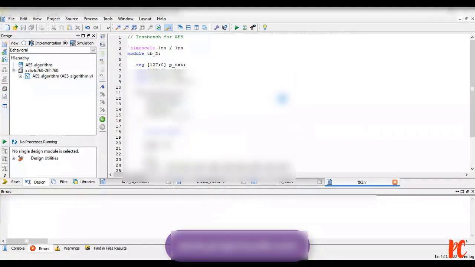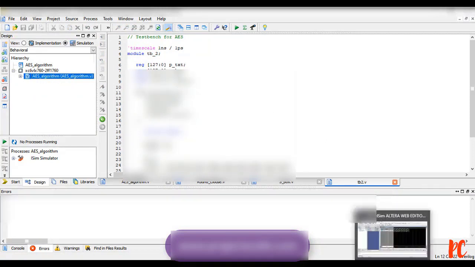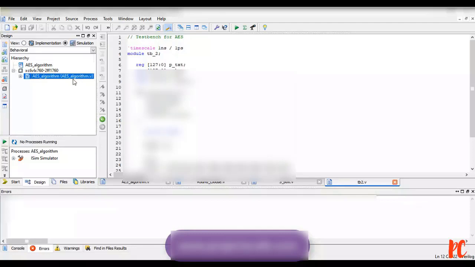Now finally this is my AES algorithm. You can observe here, if you need to see the waveform, then I need to go for ModelSim. You can observe waveforms here also, you just need to force the input values again and again in order to see the waveforms. I have just made the best use of the test bench by going for ModelSim.